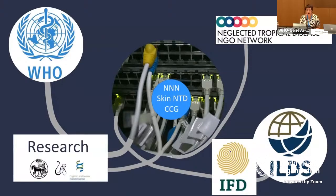I'll outline what comprises the group, and then I'll give you some examples. So starting at the top left, WHO's Department of Control of Neglected Tropical Diseases is our engine room, coordinating everything, and including the important current and hopefully future interactions with ministries of health. Next, our own skin group sits within the wider Neglected Tropical Disease NGO network, which includes more than 80 NGOs